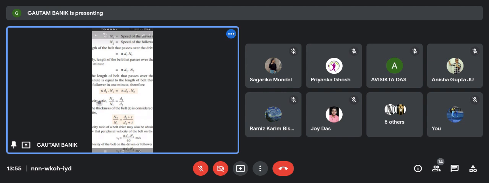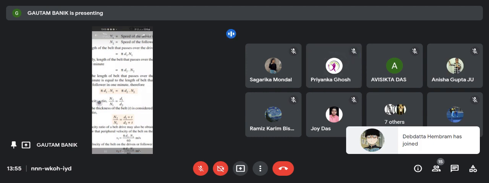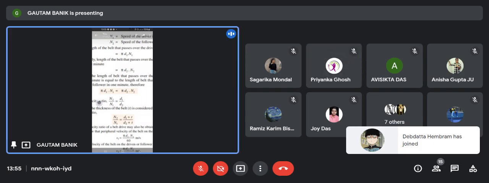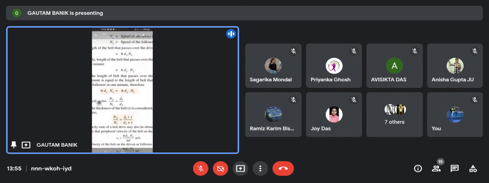That means rpm is inversely proportional to that। মানে পুলি ডায়ামিটার যদি কমে যায়, আরপিএম বেড়ে যাবে। হ্যাঁ, বুঝতে পারলে? আরপিএম মানে রিভলিউশন পার মিনিট। রিভলিউশন পার মিনিটটা ডিপেন্ডস অন দ্য ডায়ামিটার অফ দ্য পুলি। তাহলে ডায়ামিটার ইজ ইনভার্সলি প্রপোর্শনাল। তাহলে N1 d1 ইজ ইকুয়াল টু N2 d2। এটা ম্যাথমেটিক্যাল কনসেপ্ট, দেখো। তার মানে N2/N1 ইজ ইকুয়াল টু d1/d2।